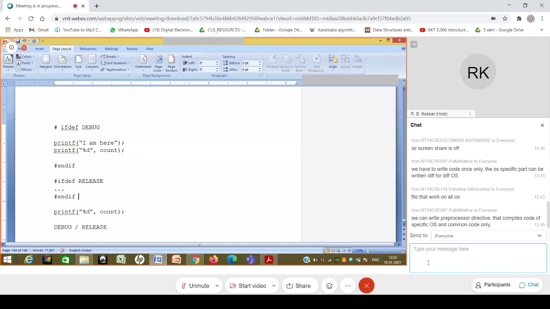So a better way is to decide which mode you want to run, and then this variable, this debug, can be defined. It can be defined outside of the code also, as a compiler directive. I think minus d is the option. Minus d is equivalent to doing hash define. Then when you run the code, you know in which mode you are running, either the debug mode or the release mode. If you are running in debug mode, it will pick up the statements which are under debug. If you are running in release mode or any other mode, it will not pick up those statements, and it will pick up